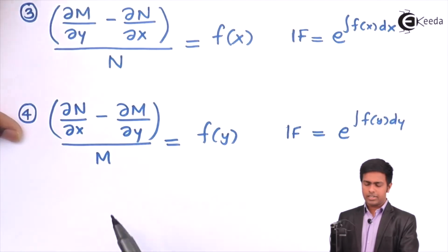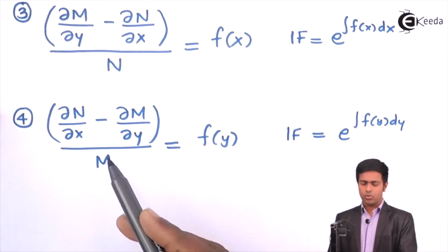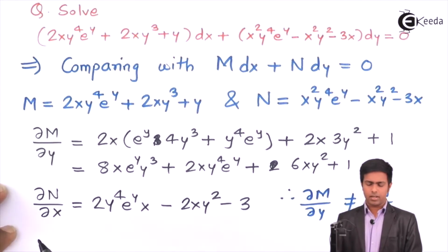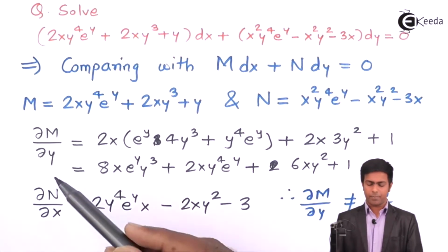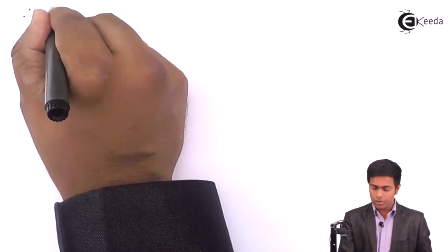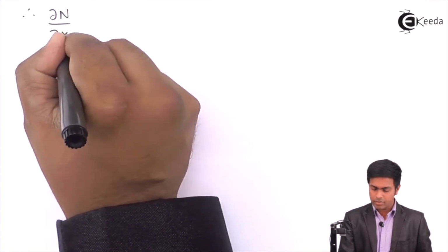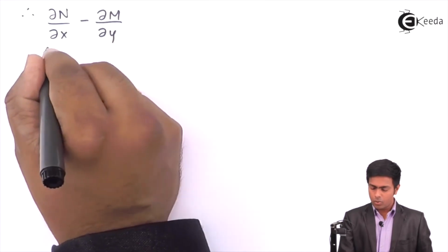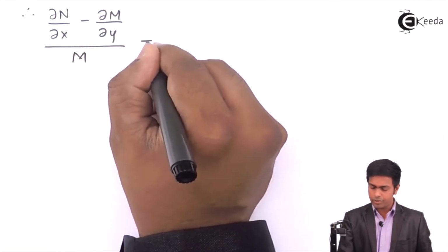So here I'll check this pattern number 4. For that I'll subtract ∂N/∂x and ∂M/∂y. It means I'll subtract ∂M/∂y from ∂N/∂x. So here I'll say therefore (∂N/∂x minus ∂M/∂y) whole upon M equal to